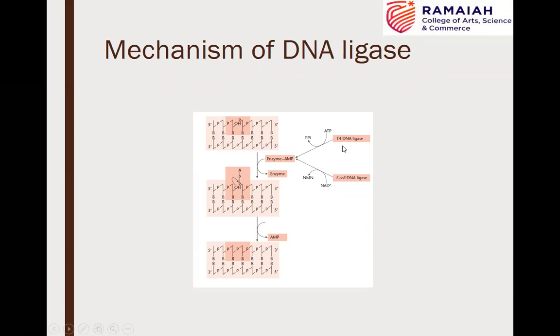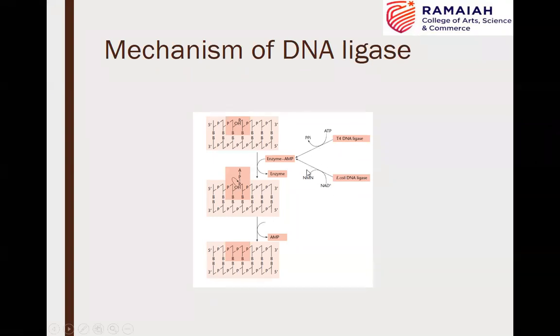Just to repeat quickly once again, two different enzymes are available for ligation, T4 DNA ligase and E. coli DNA ligase. The difference between these two is ATP is the adenylating agent for T4 DNA ligase, whereas NAD is the adenylating agent for E. coli DNA ligase. And another difference, as I mentioned in the previous slide, T4 DNA ligase is the one that would be able to join the blunt-ended fragments, although with low efficiency, whereas E. coli DNA ligase cannot join the blunt-ended fragments.